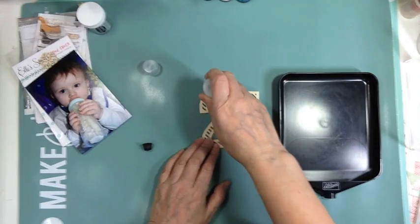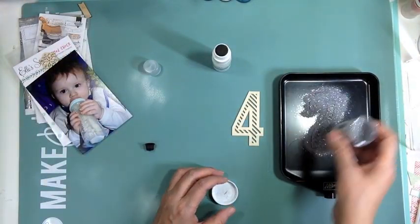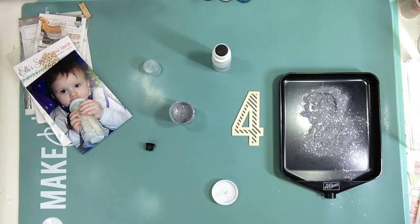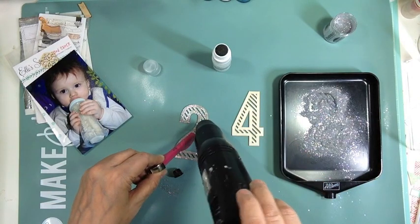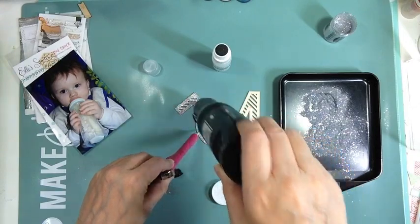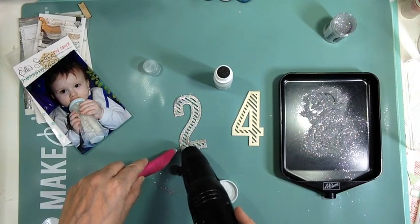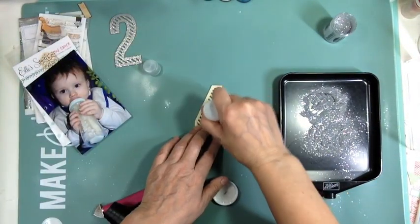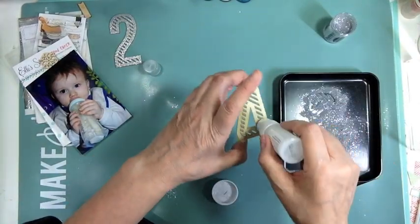Okay, so I might as well do all the messy things at once. I have a dauber that is for embossing. It's like embossing ink, like the Versamark, but it's in a dauber or dabber, and it's from Ranger, and I got it at Simon Says Stamps. It's awesome because I love the pads, but I hate when my pad gets dirty. Normally, if you take a baby wipe right away and wipe it off, you can get most of it off. And then if you add more, let's say Versamark, you can clean it off. But sometimes you just can't clean it off. But with this,